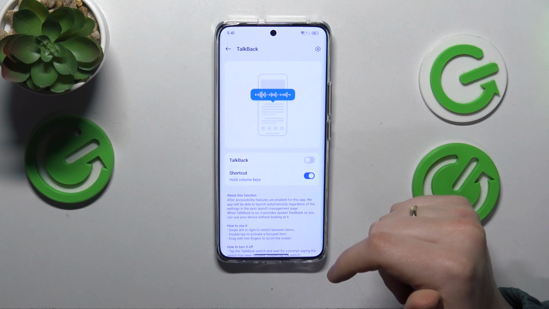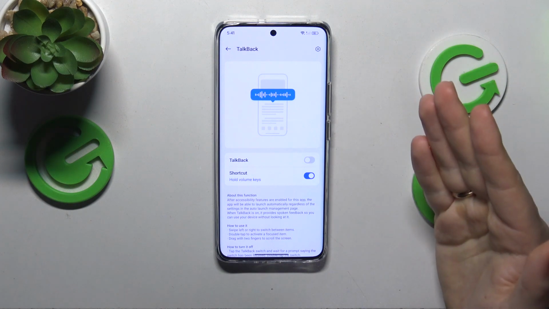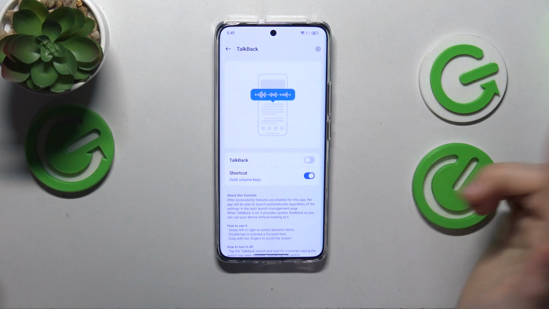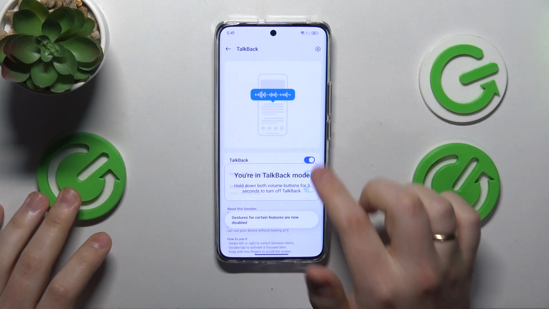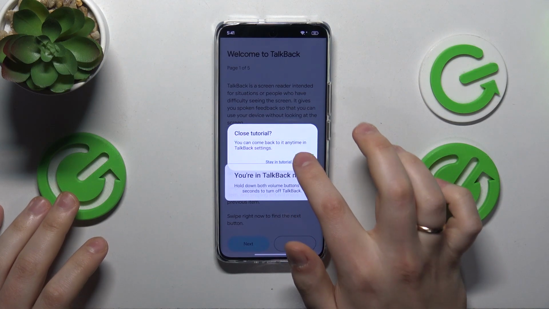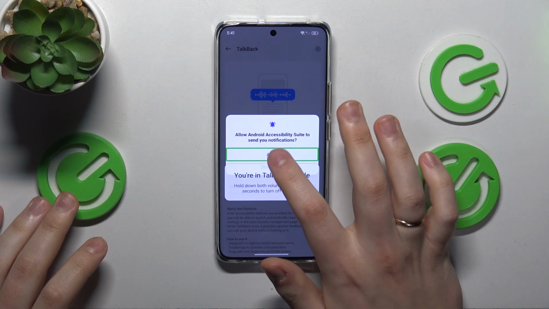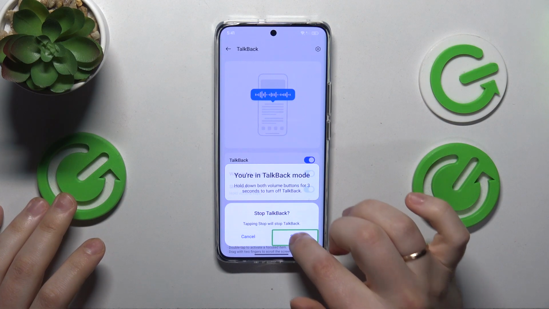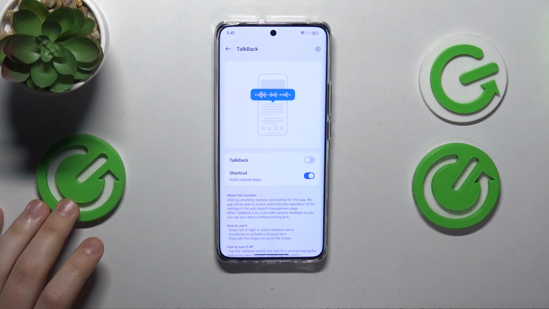The method to use Talkback that involves the most hassle is by simply using this Talkback toggle, allowing you to snap Talkback on or to stop Talkback. But there is also a way